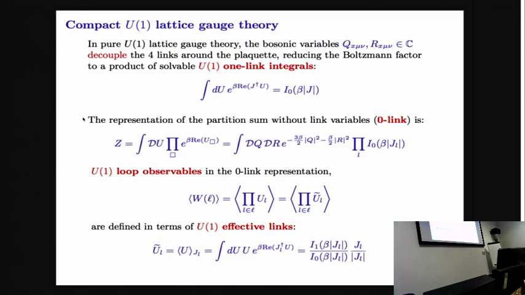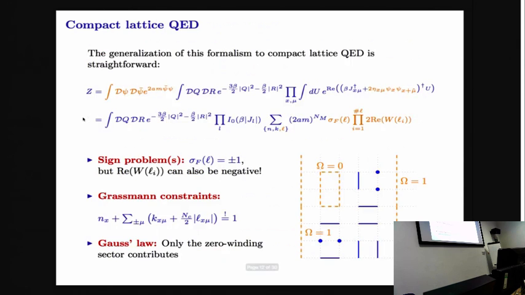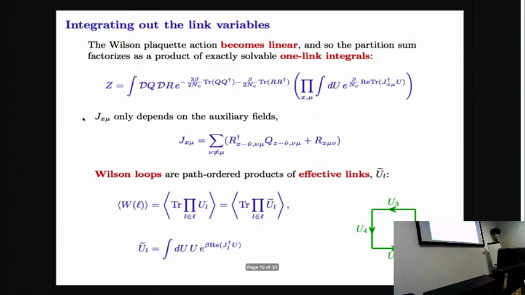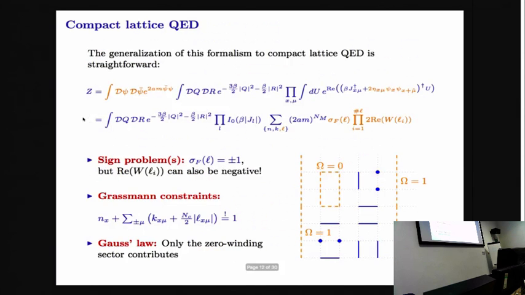And so the Wilson loops are represented in the same way, but now just in terms of these Q's and R's, and they also have a very simple expression. We only use this as a toy model, and the generalization to QED is very straightforward. So you pick up the pure gauge theory, and then you just add some fermions. In this case, they are staggered fermions, and after integrating out the link variables you can then perform the integration over the fermions and get